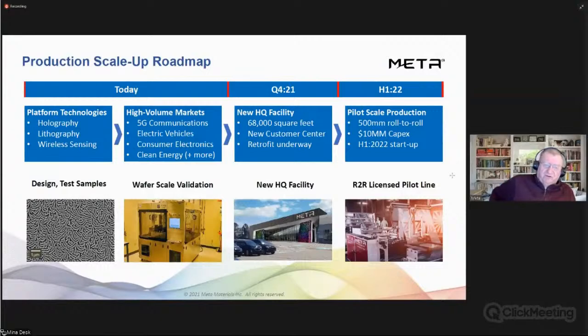We found about 5 years in that wasn't going to happen from an economic standpoint. So we set about developing our own proprietary production processes and procedures, which still needed to be demonstrated that they could be used at scale. And so when we came into 2021, our plan was to build out an HQ facility in Halifax, which is underway now,